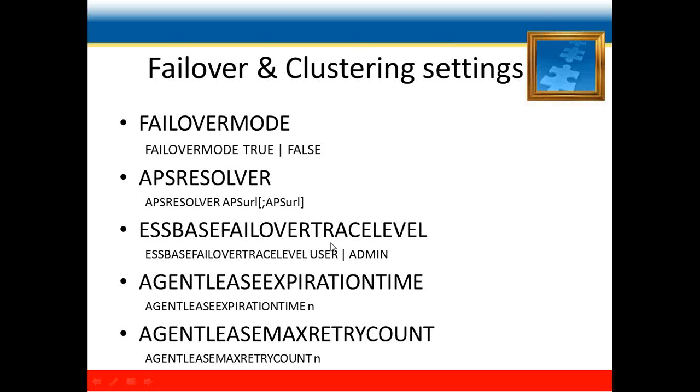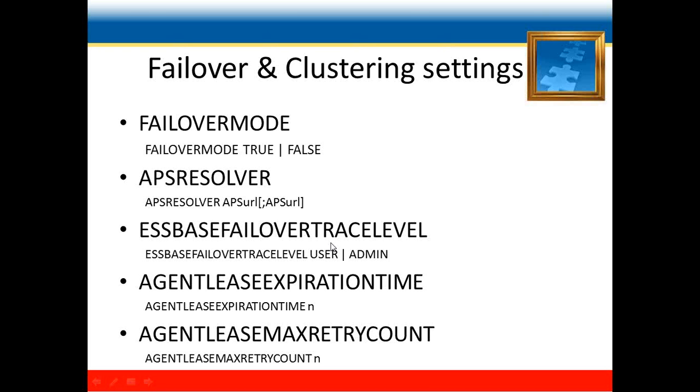If you provide this option as user, then the logs will contain only the failover traces that a user can see. And if you provide the option as admin, then even the leases which are being owned by different processes will be logged in the log messages.